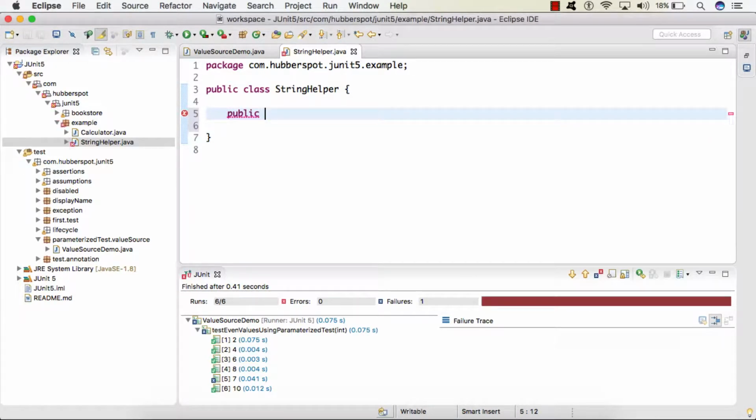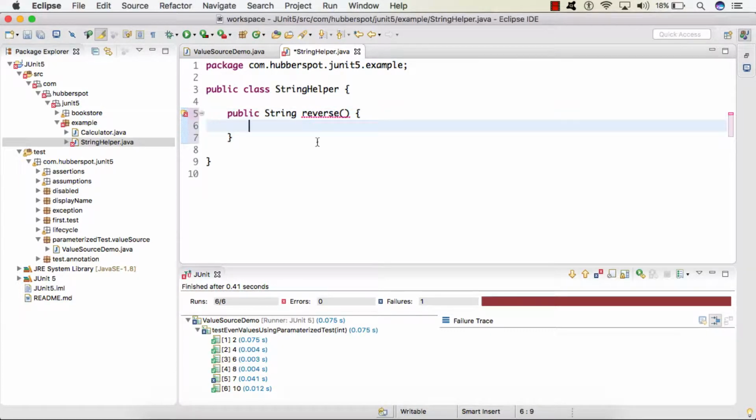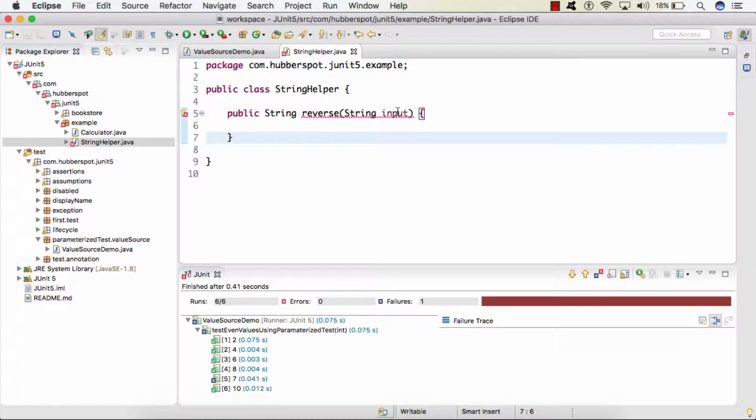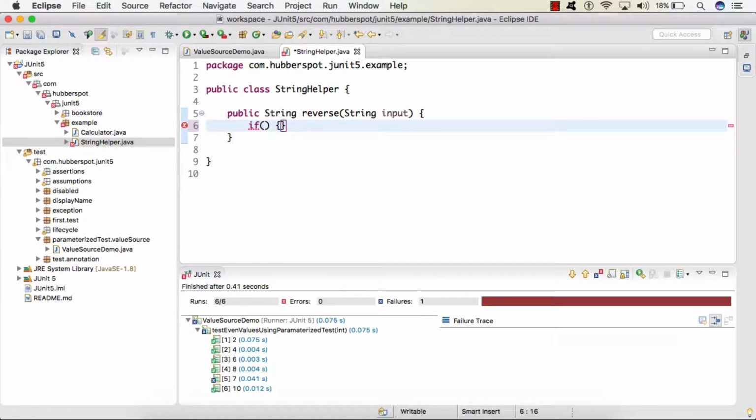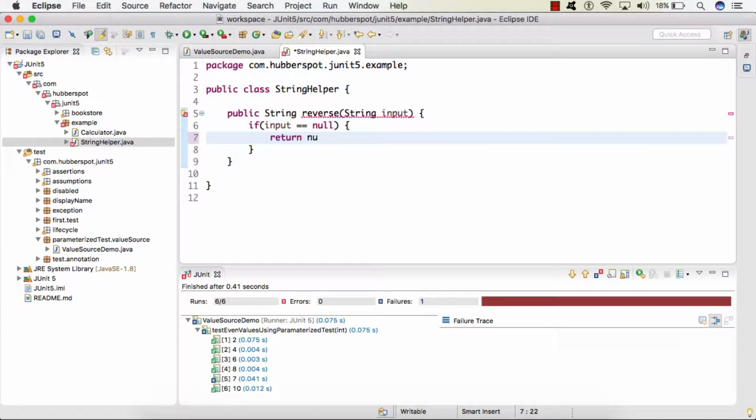public, whose return type would be String, and let's say I give it the name reverse, and this method will take a String, and what it will do is simply reverse this string and return it. So here inside this method, first we'll provide an if condition. Let's say if input is null, then simply return null,